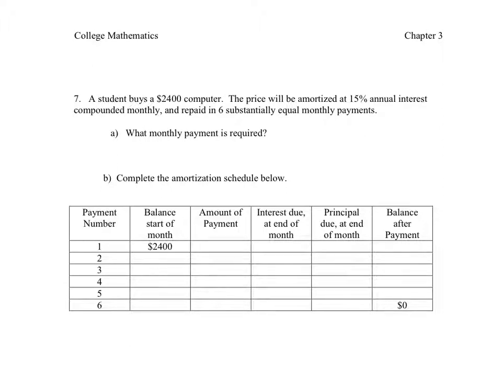Okay, so now we have a student who wants to buy a computer. It's $2,400, and the price will be amortized at 15% annual interest compounded monthly. That is a really hefty interest rate to pay. And it will be paid back in 6 equal monthly installments, or approximately equal monthly installments. Now, one thing different, they're not telling us what the monthly payment amount is. We're going to have to calculate that, but we can do that because we have our formula that we used on the last problem. We can find the payment